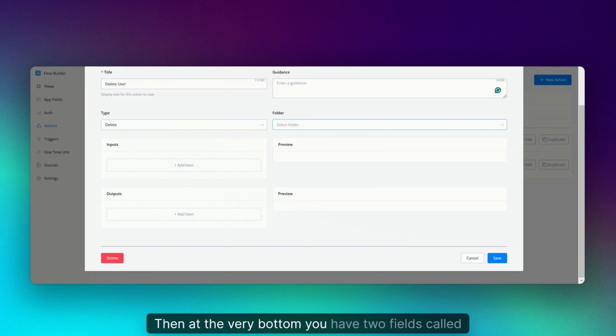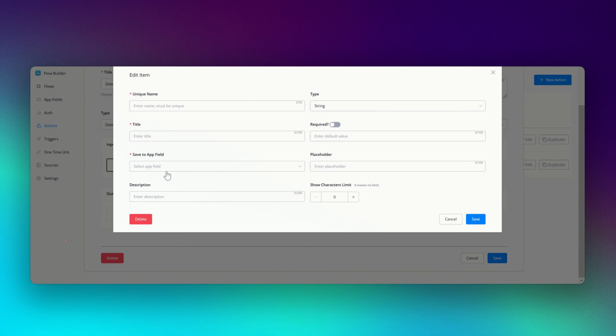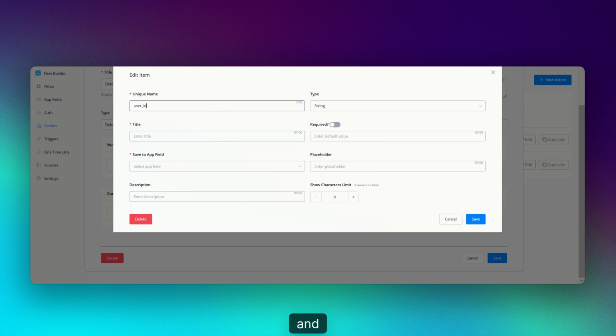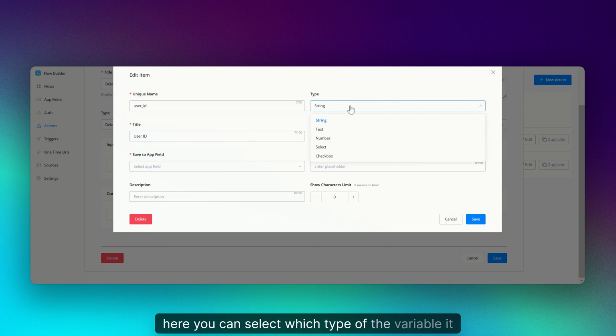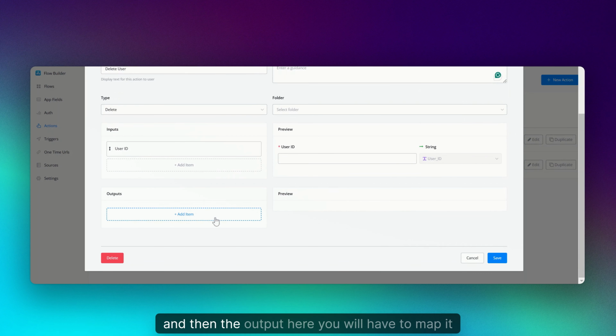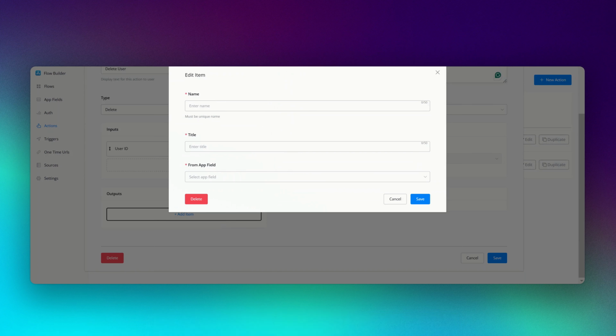And then at the very bottom, you have two fields called inputs and outputs. Let's add an input. So the input here would be user ID, and here you can select which type of variable it will be. So let's just keep it as string. I'll make it a required field, and then here I will save this in the user ID app field, and then click on save. And then the output here, you will have to map it to the custom user field,